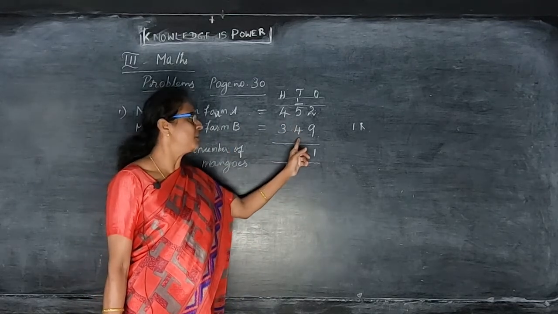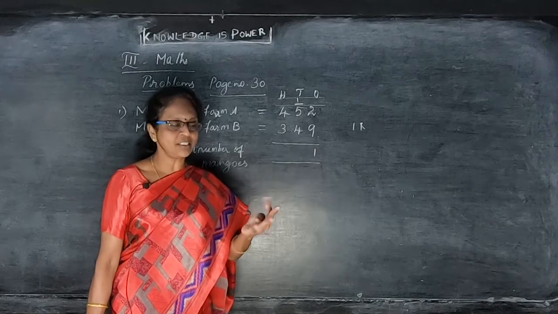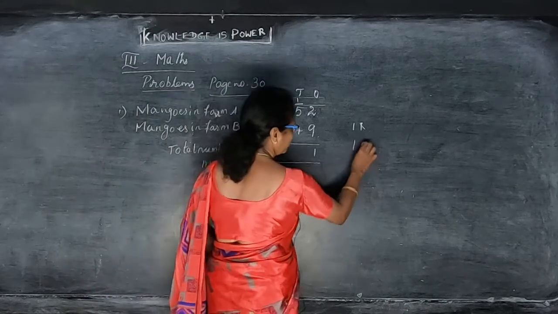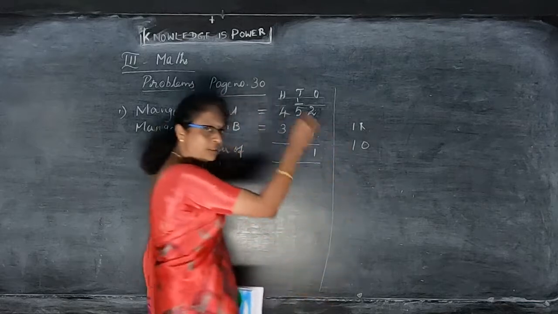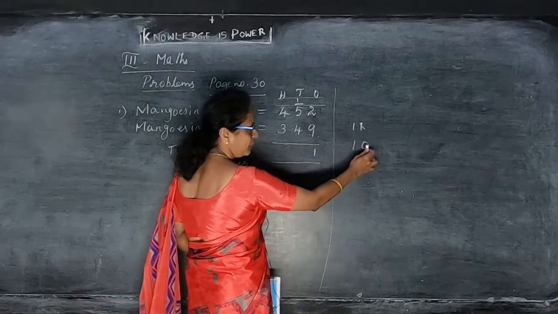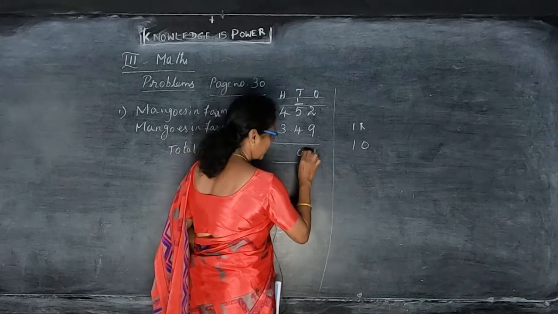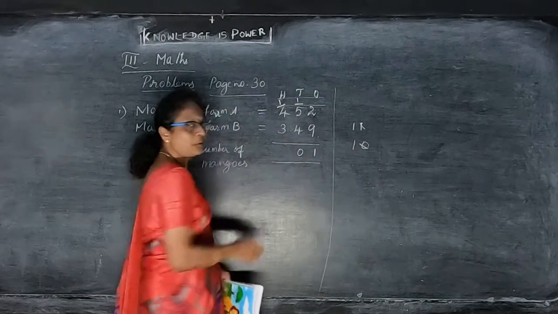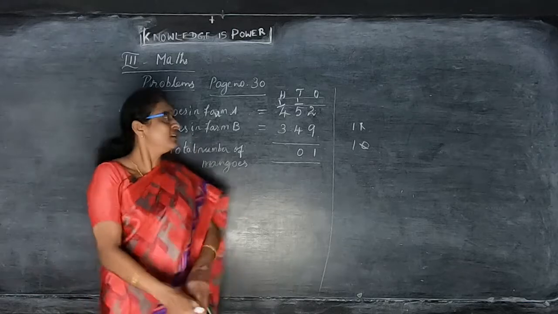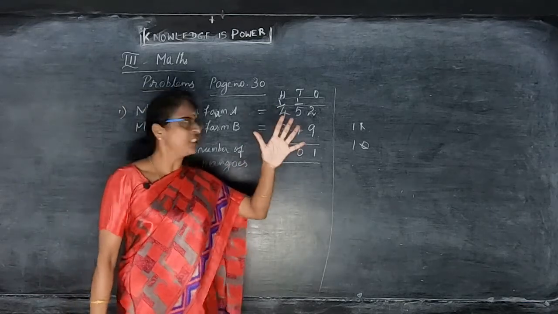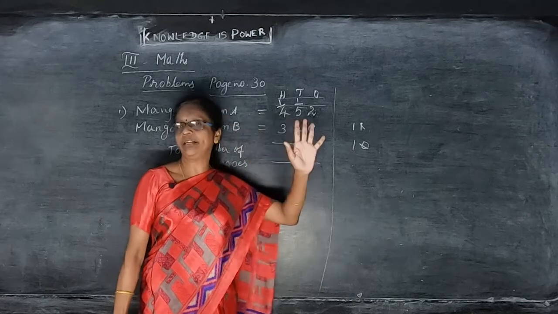Again, what's the number here? 4. So after 6, 7, 8, 9, 10. So again you can write in one side of the rough column. You can put one rough column in the notebook side and you can write down the numbers. So if you written 10 means you put the 0 in the tens digit and 1 in the next hundreds digit. Okay. So 1 in the mind, 4 is there and 1. So 4 after 1 that gives you 5. So again 5 in the mind.